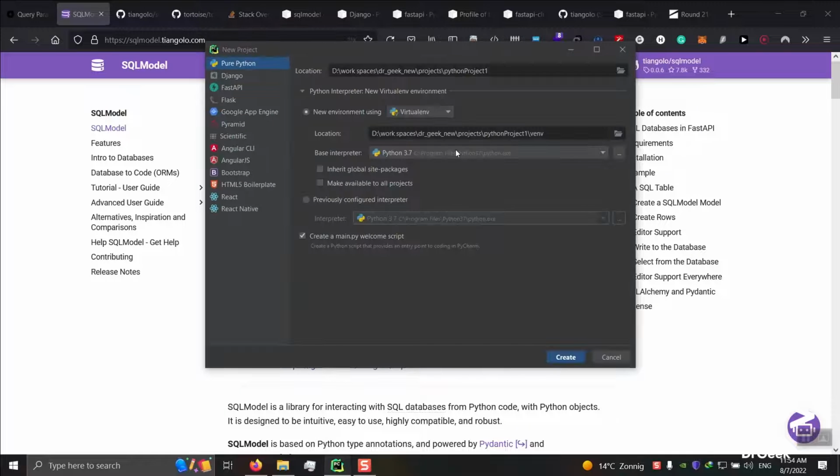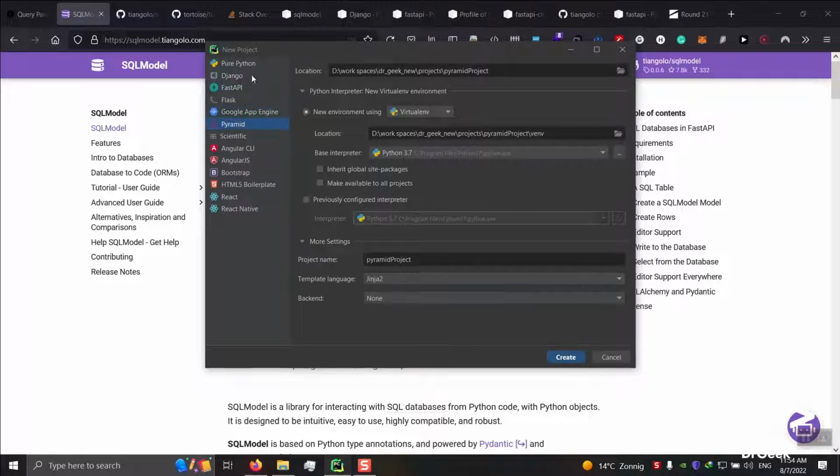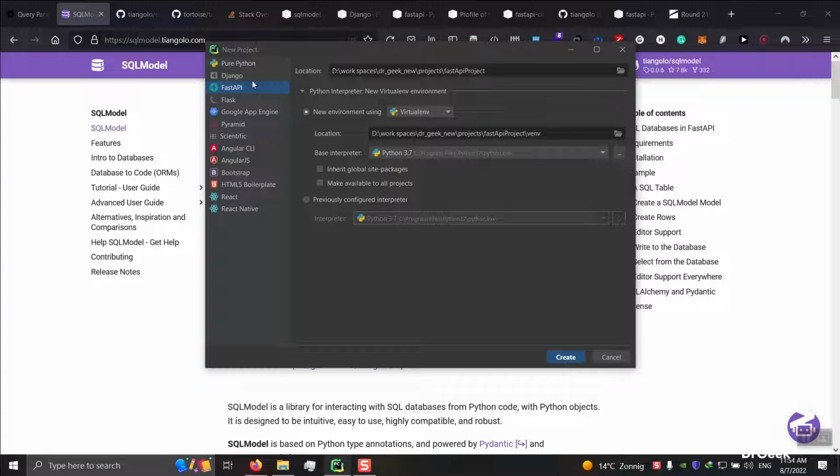Okay, let's start a new project. You can build a pure Python project or a FastAPI project, or you can build Flask or Django or any other thing. That's totally on you. At this point there is no difference between FastAPI and pure Python, because FastAPI just builds you a simple file and builds on that. I'm going to name this project, I don't know,